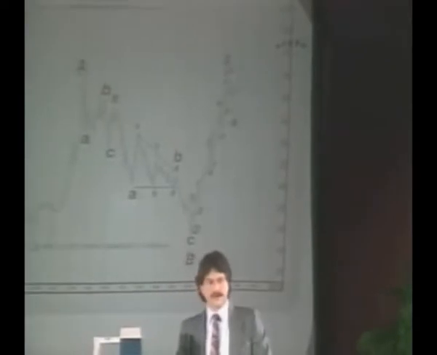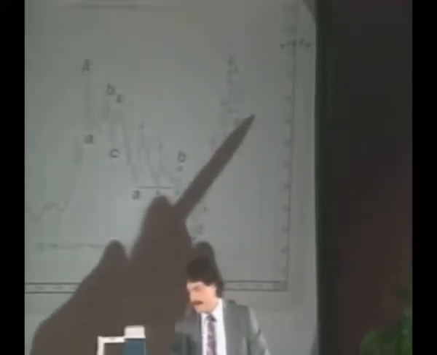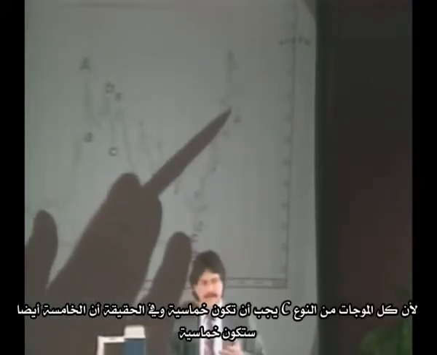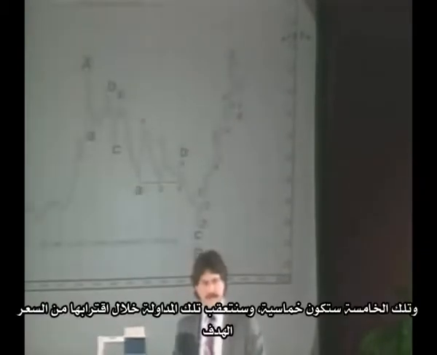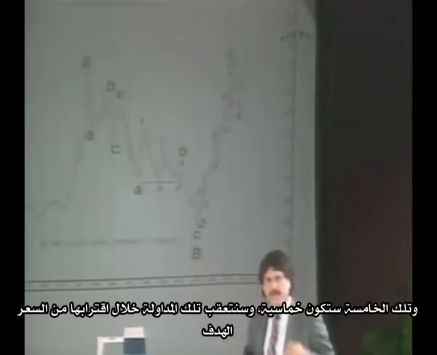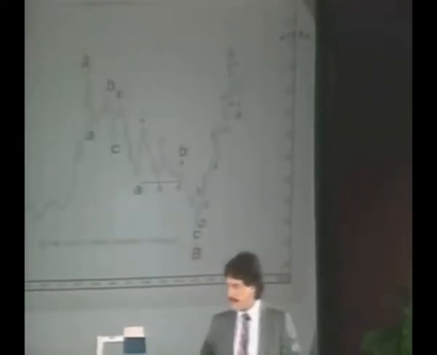But since all degrees of trend are operating at the same time, and this is a monthly chart, we can now go down to the weekly and the daily chart to watch this 5 of C develop, because all C waves must have 5. In fact, the 5th will have 5, and that 5th will have 5, so we can track this trade as it comes into our target. So once wave 4 bottoms, which is shown right here, we can then come up with the wave 5